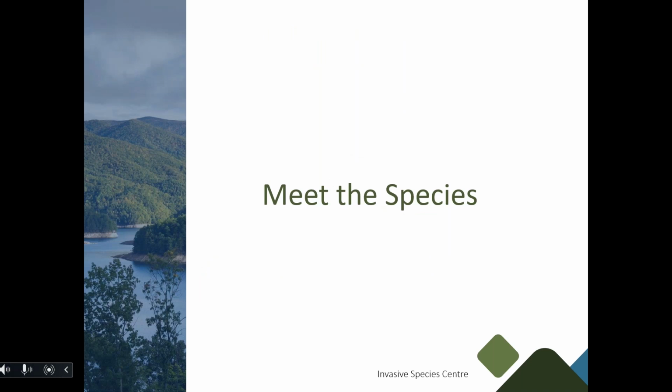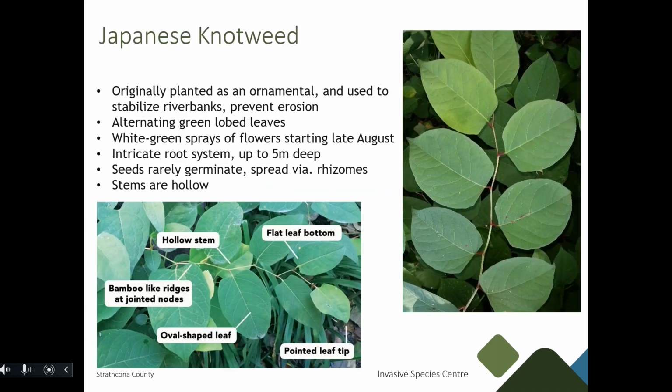So now we're going to meet some of the species. We're going to start with an invasive plant. So this plant is Japanese knotweed. Japanese knotweed is native to Eastern Asia, and it was originally planted as an ornamental and used to stabilize riverbanks to help prevent erosion. So some of the key ID features are these alternating green lobed leaves